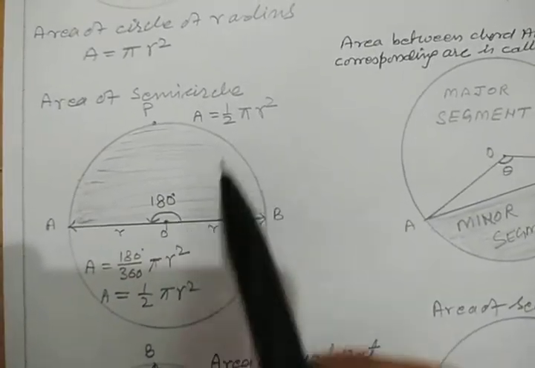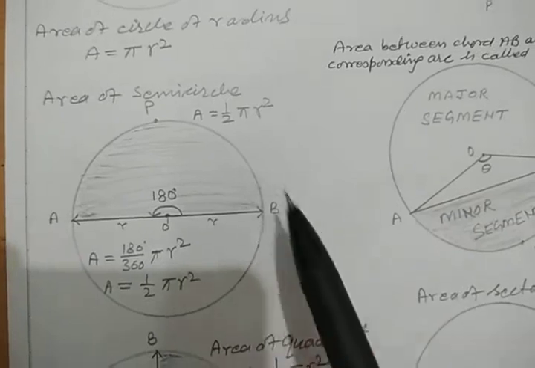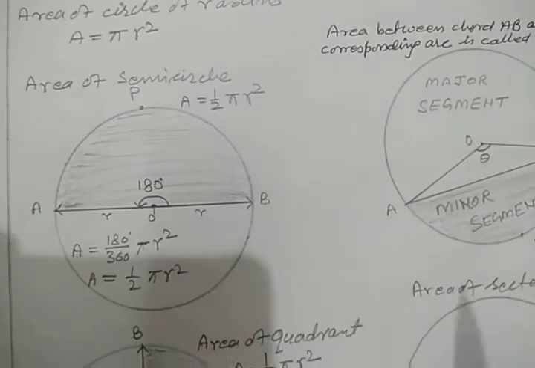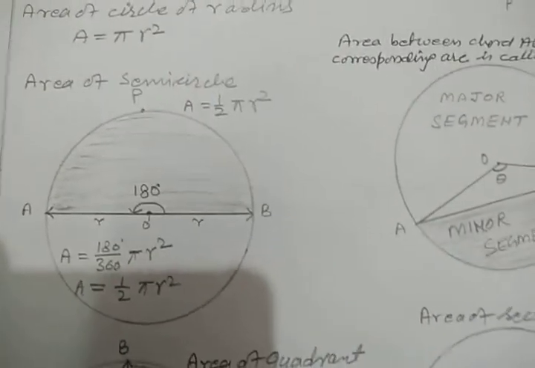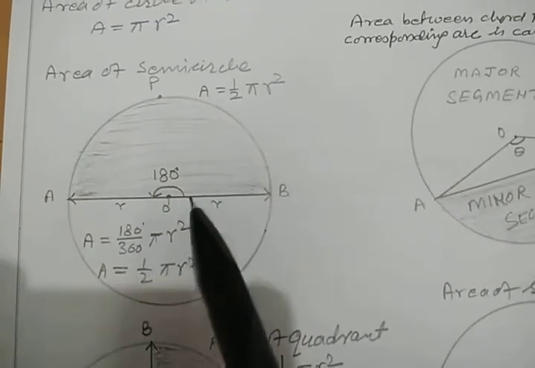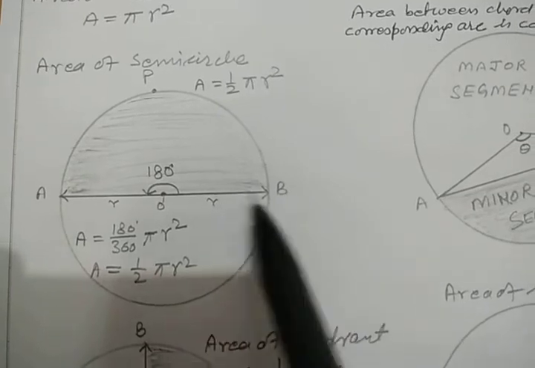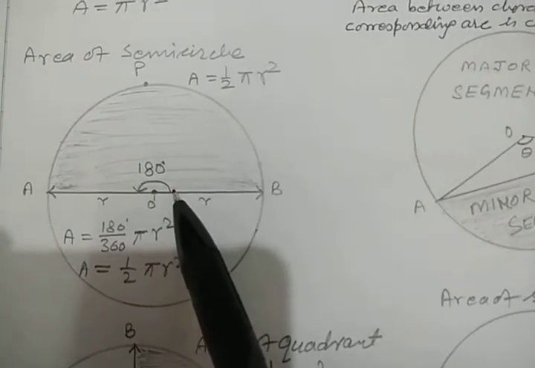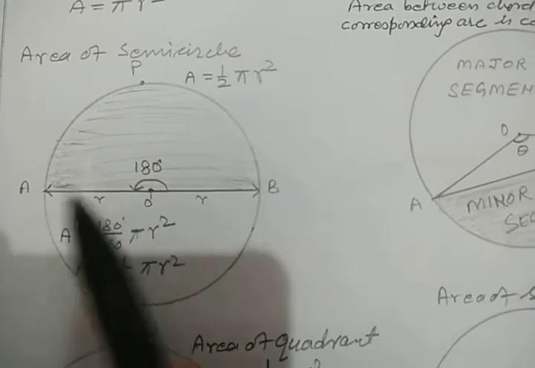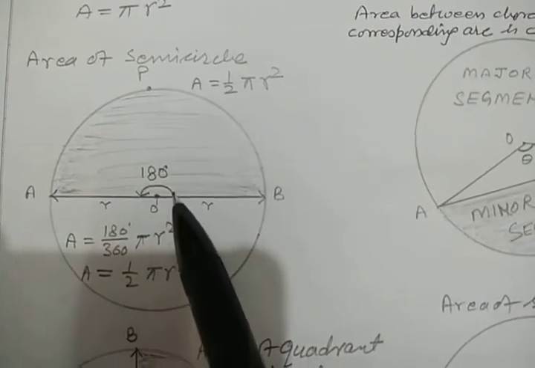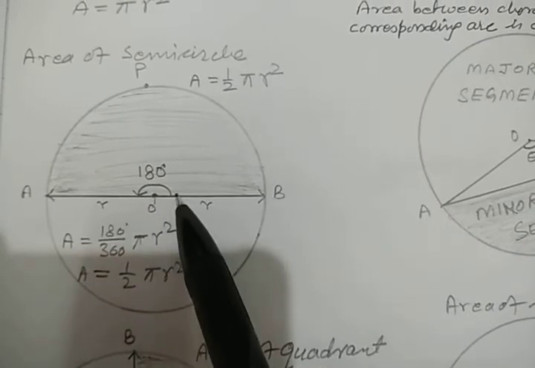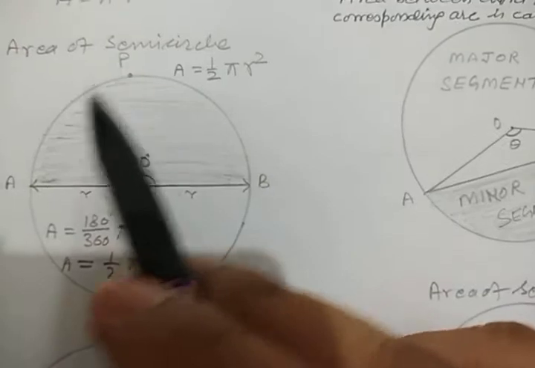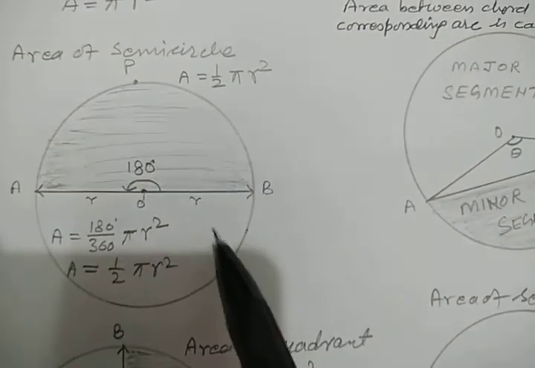Now clearly in this circle, AB is the biggest chord, which is also known as the diameter of the circle. So OA and OB are the radii of the circle. Then the angle between OA and OB is 180 degrees. इनके बीच का एंगल कितना है? 180 degree. That means कंप्लीट साइकिल कंप्लीट करते पूरा तब तो होता है 360 डिग्री.